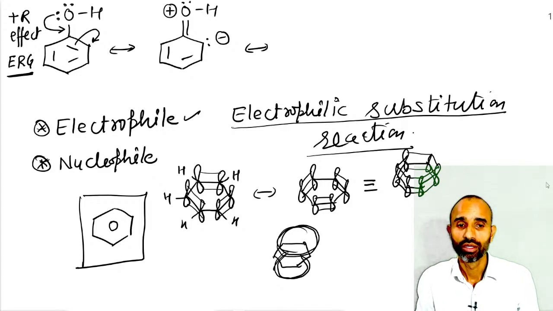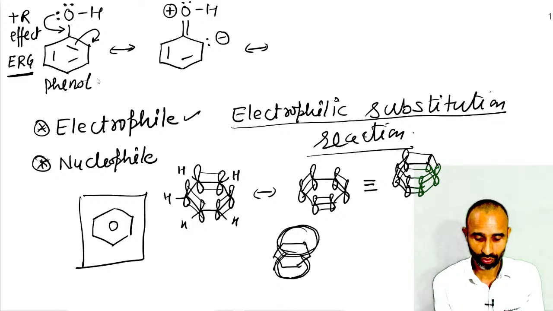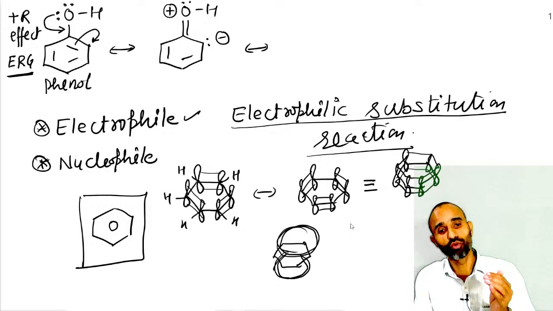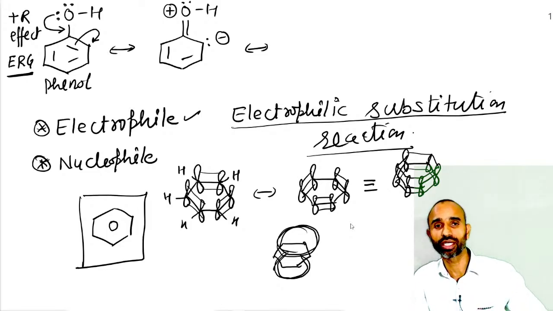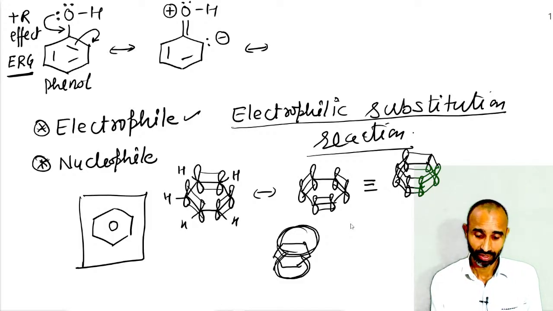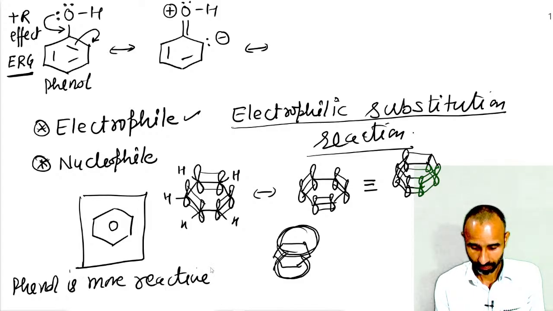What is the name of this compound? Phenol. So phenol, is it more reactive than benzene or less reactive than benzene? It is more reactive. So phenol is more reactive than benzene